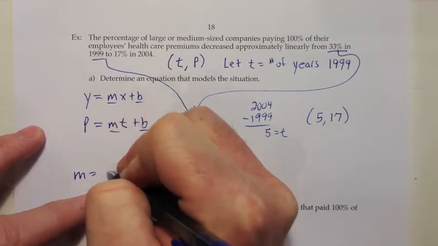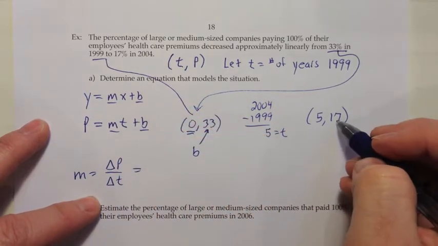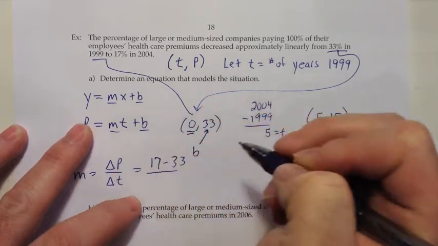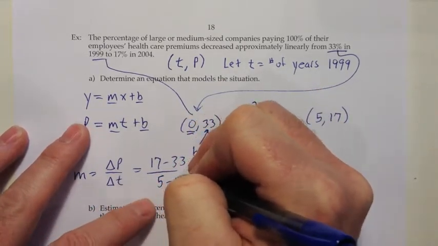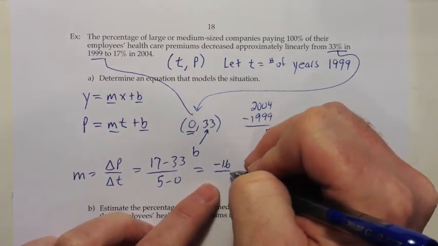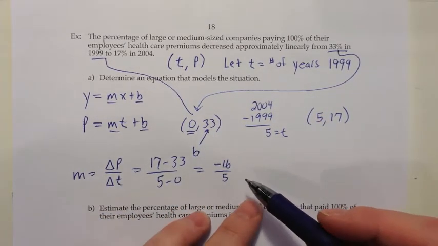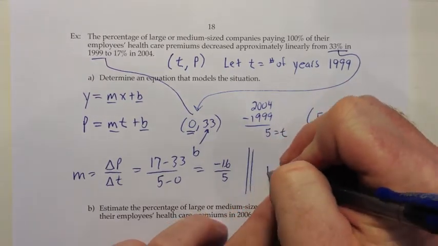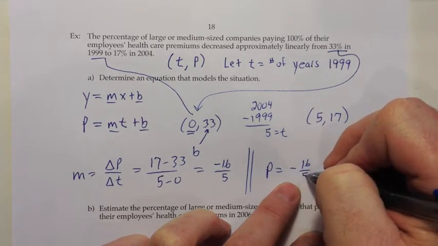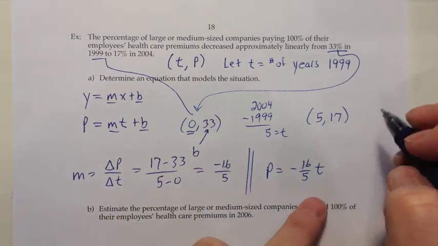So for the slope, I would do change in the output divided by change in the input. So the percentage is 17 minus 33, and then the change in time is 5 minus 0. So in the numerator, let's see, 17 minus 33 I believe is negative 16, and for the denominator we have 5. So this would be the slope. So the equation would be p equals negative 16 fifths times t plus the y-intercept, which is the y value that goes with the 0, and so that would be